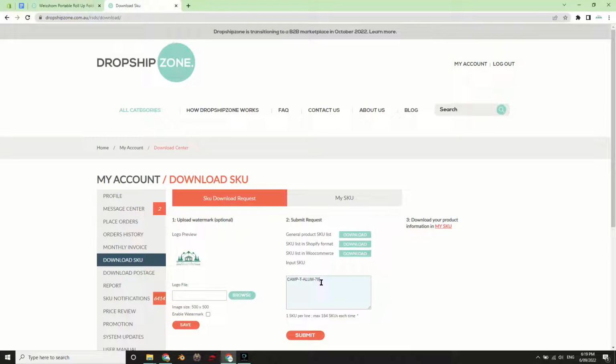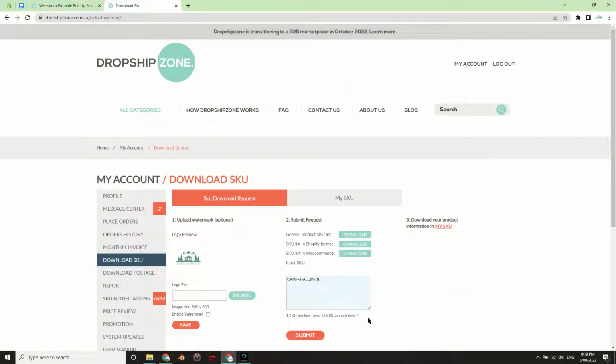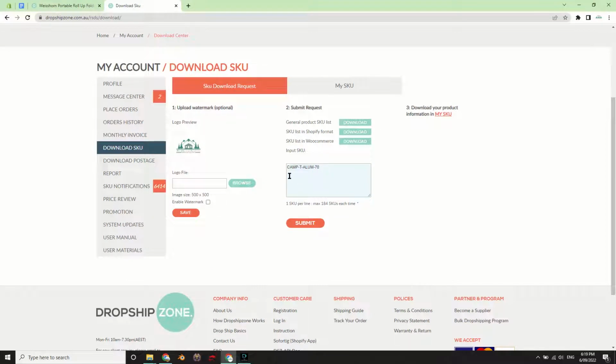Now you will be able to submit as many as you want of different SKUs. If you have duplicates, it won't allow you to submit, but of different SKUs, you can put a whole line and it will tell you how many you can do at each time. So you can then press submit,